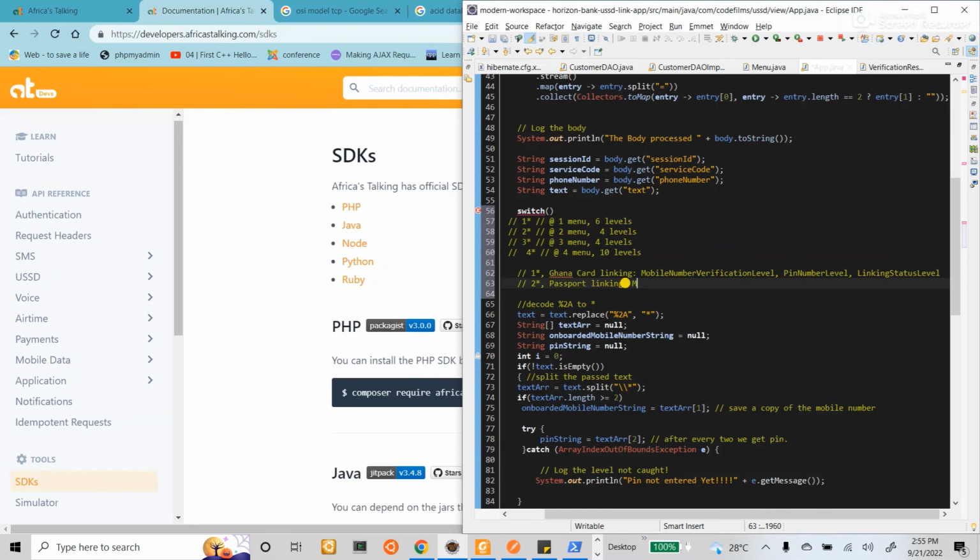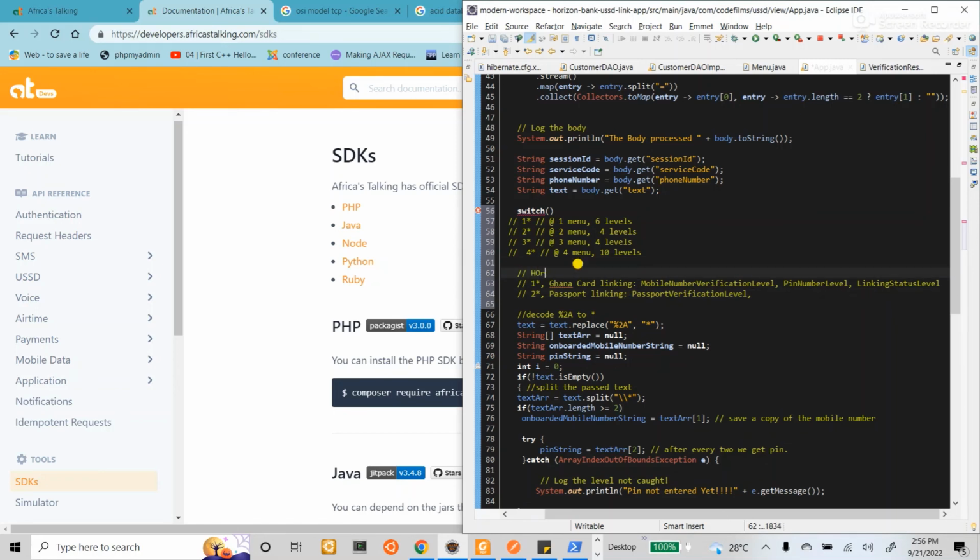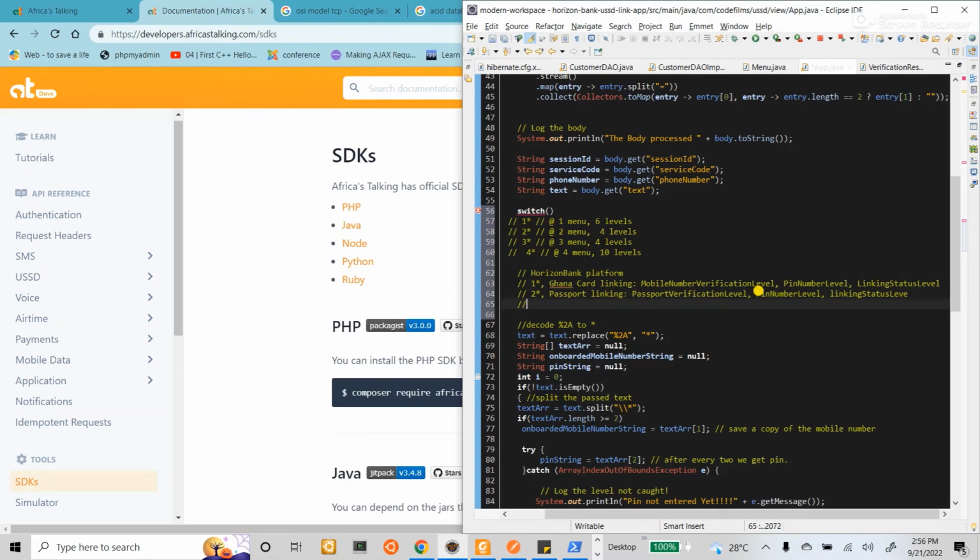In the passport menu, maybe I'll do passport verification level, and maybe you verify your passport. Before you verify your passport, maybe you are still on the Horizon Bank platform. So still you have to maybe do the pin number level. After that, you do your linking status level. Then you come down. The third one was, I think, the driver's license level,